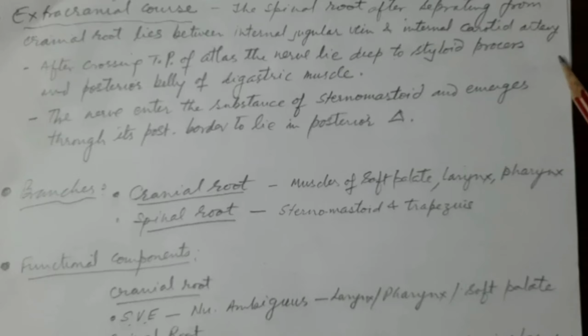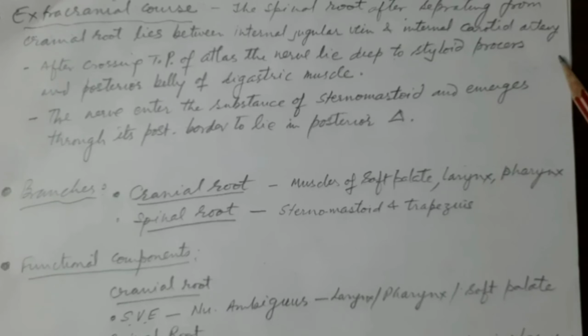You can say the cranial root may be supplying these muscles, because as I said, we are not sure exactly which muscle of the larynx, pharynx, or soft palate, intrinsic or extrinsic muscle of the pharynx, is properly supplied by the cranial root of the accessory or by the vagus nerve, because the mixture takes place, and we may say that this is distributed along with the vagus